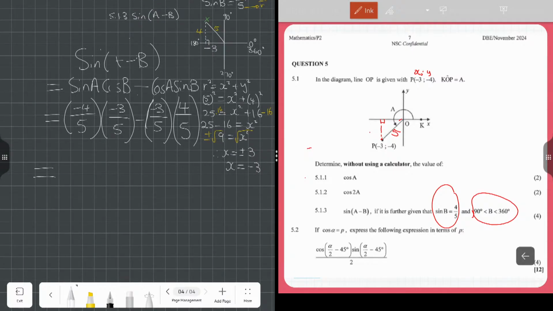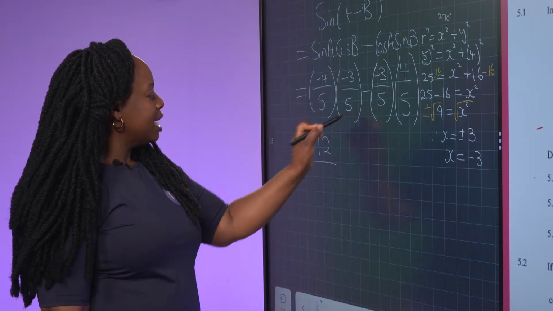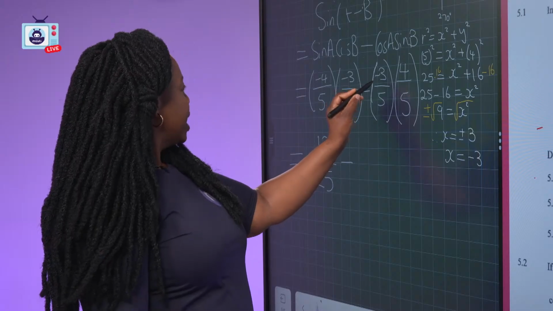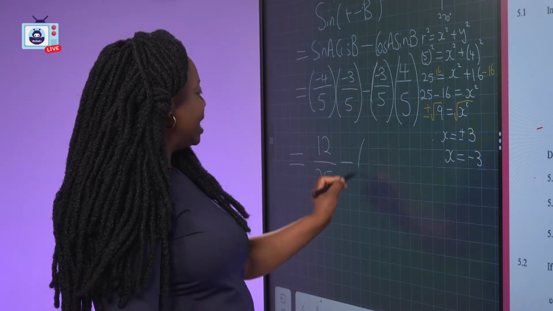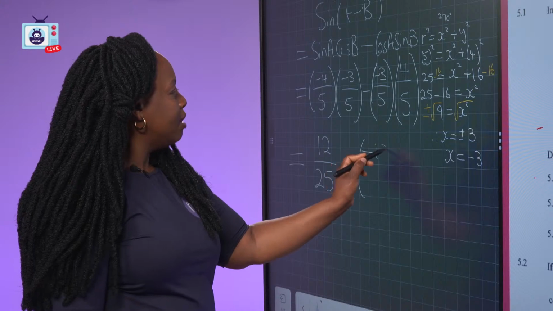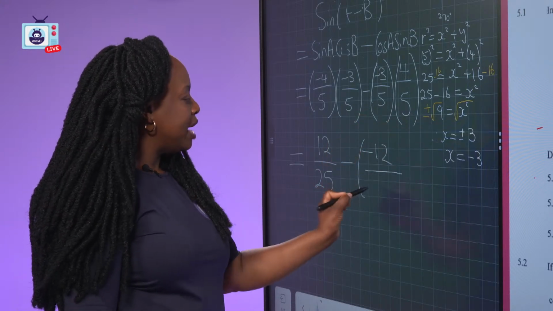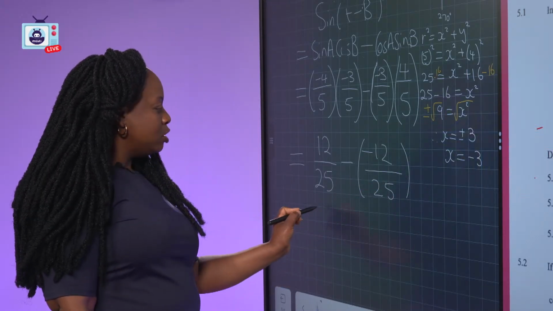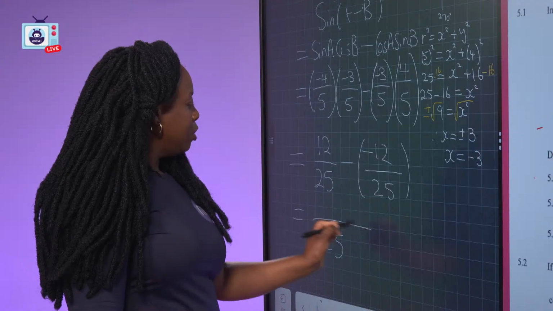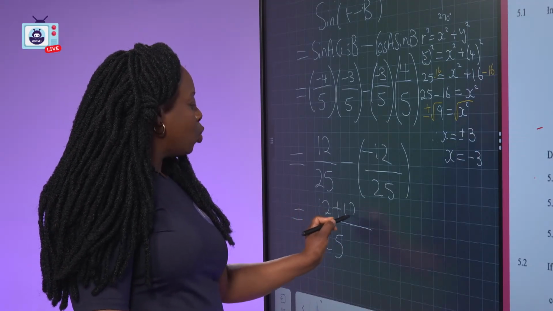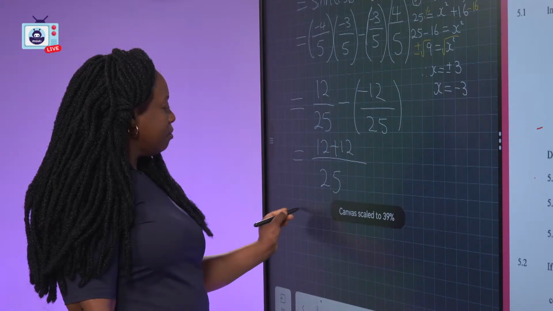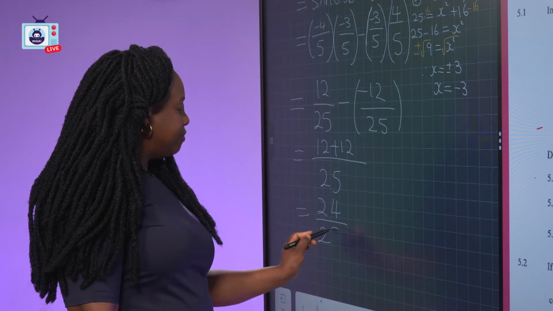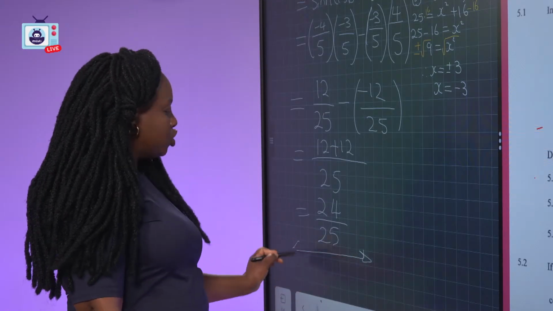That will be equal to 4 times 4 is 12, and then 5 times 5 is 25. Then we have minus, a negative times a positive will give us a negative, right? So that will be negative 12, and then we divide that by 25, right? Then we can now remove that. So that will be 25. Then we're going to have 12 plus 12, which will give us 24 divided by 25. So that will be the solution for